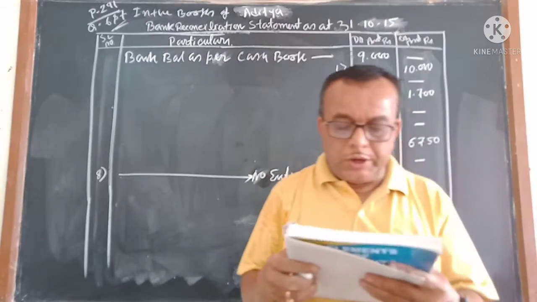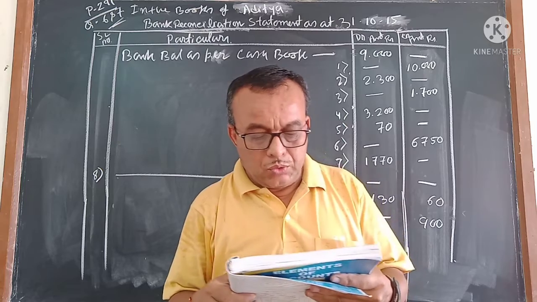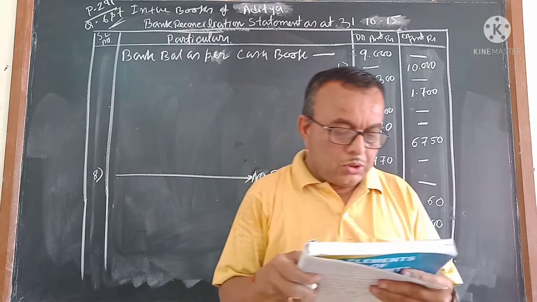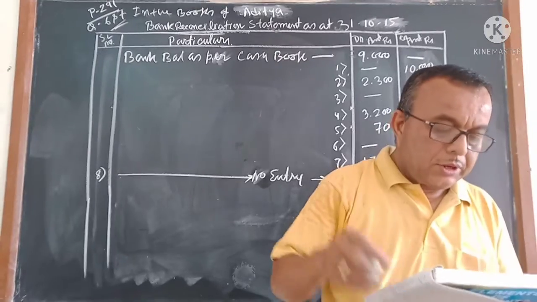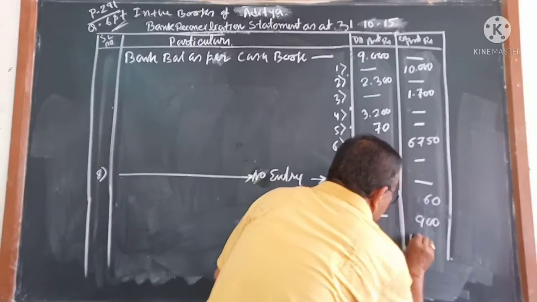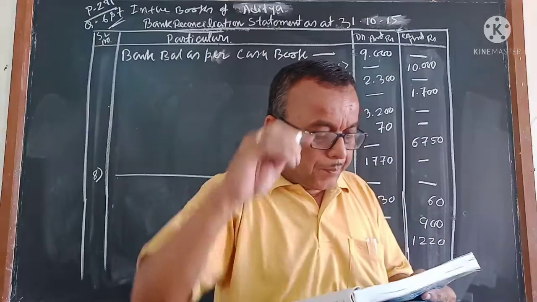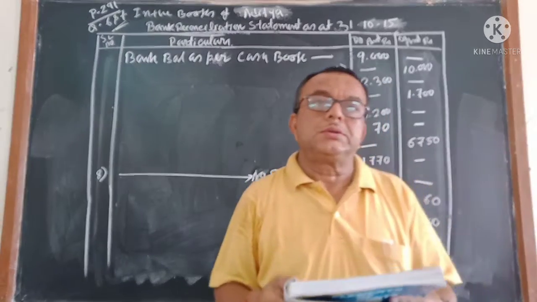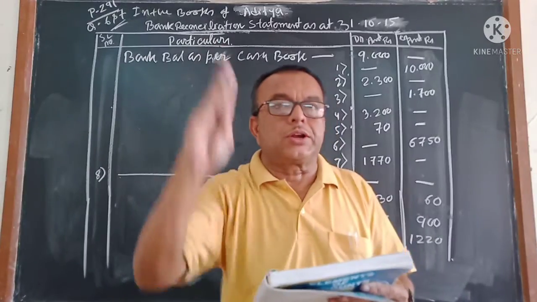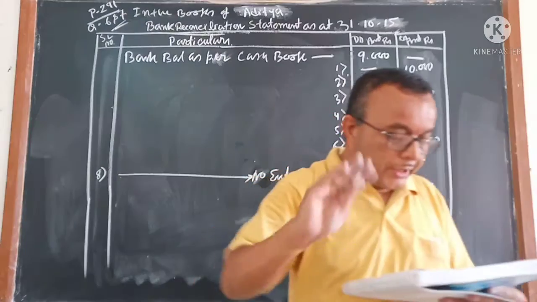Bill receivable of ₹1200 discounted with the bank is dishonored on 28/10/15, and the bank debited this amount with the noting charges of ₹20, but the entry for the dishonor is not made in the cash book till 31st 10. If a bill is dishonored, add the noting charges and credit it, 1220. And if a rebate is given on bills receivable and bills payable, you have to subtract it. Keep that in mind. These last 2 points will create the problem. If a bill receivable is dishonored, add the noting charges and credit. If a bill payable matures but payment was not made, the rebate amount you should deduct.